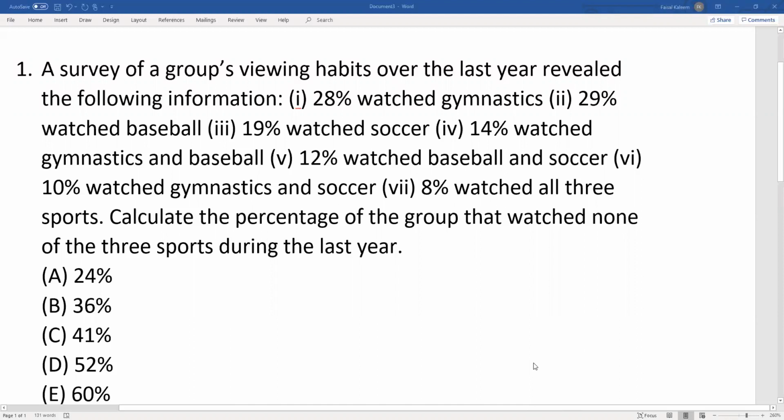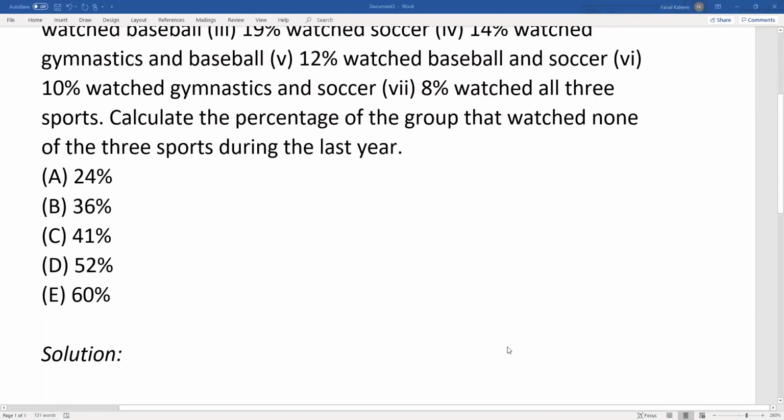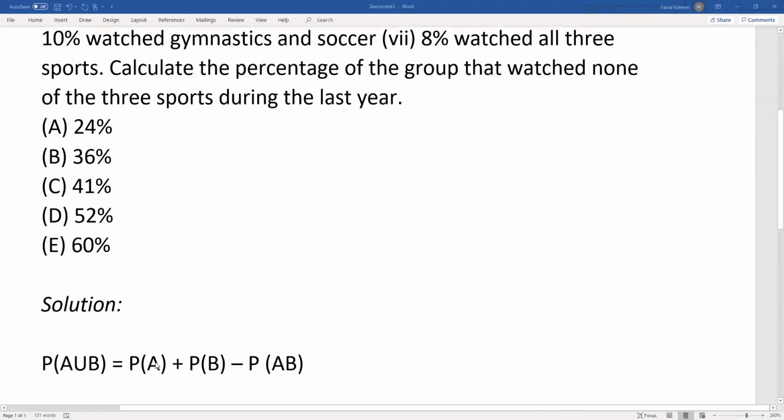So here we'll be using addition rule mainly. We all know the addition rule for two variables. Probability A union B equals probability A plus probability B minus probability A and B. Sometimes it's written as intersection, but it means the same thing as A and B. Now here we have three variables,